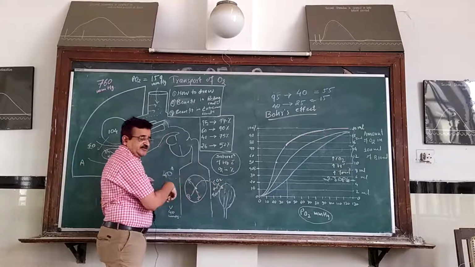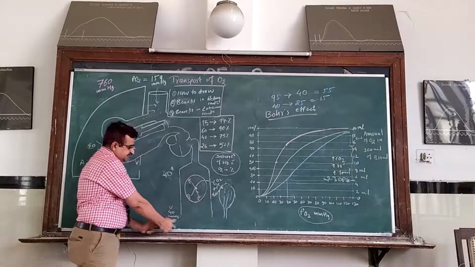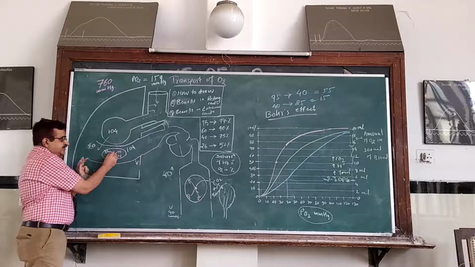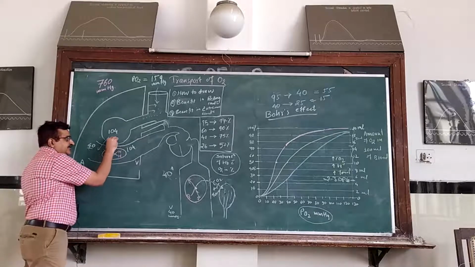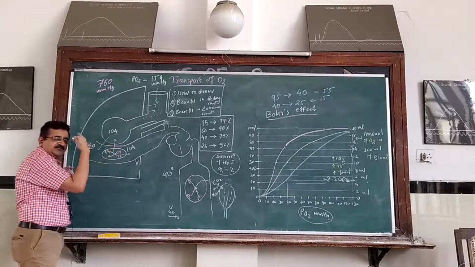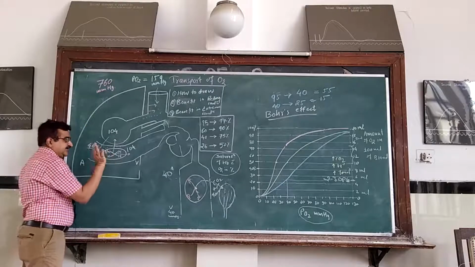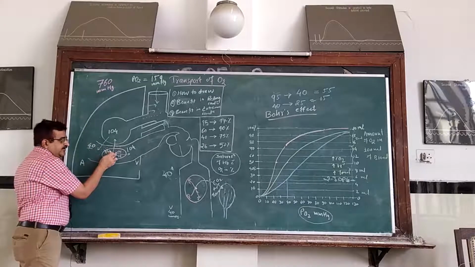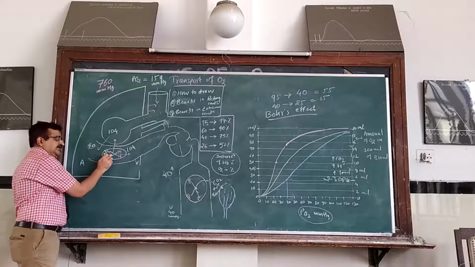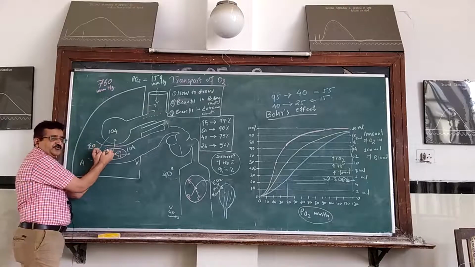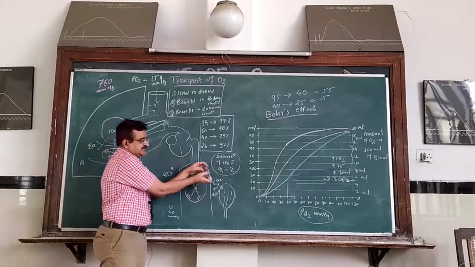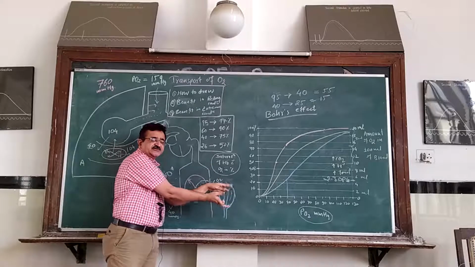and it is then delivered to the cell. Now this RBC with CO2 and H plus enters into the pulmonary capillary. In the pulmonary capillary, CO2 is released into the alveolus, H plus ion is converted into what is called carbonic acid, etc., and that is then taken care of. Now these two are removed from the hemoglobin. Now the affinity of hemoglobin for oxygen is increased, and thus there is more uptake of O2 at the lung level. More O2 is taken up and more O2 is delivered, or sufficient O2 is delivered at the tissue level.